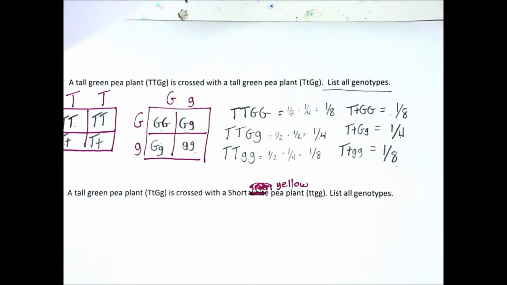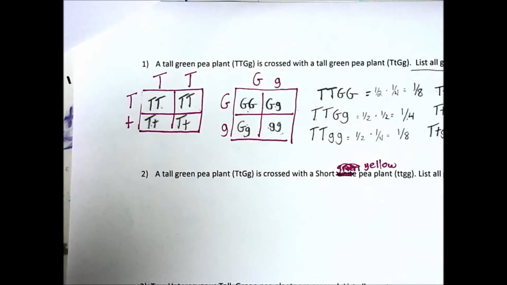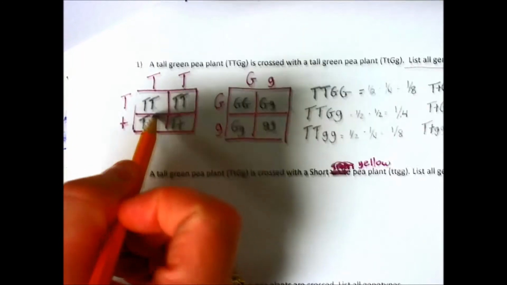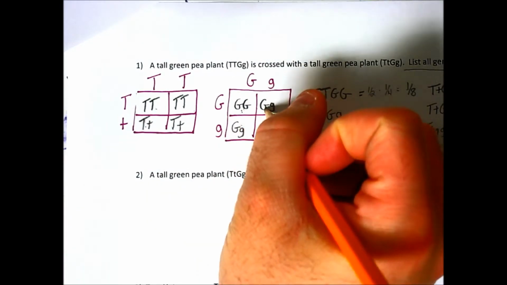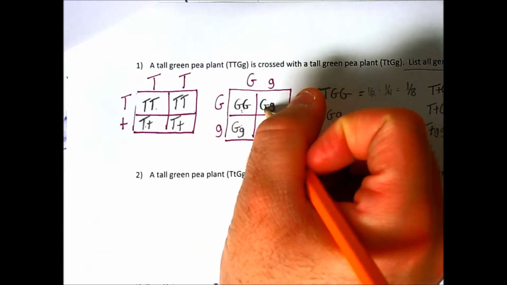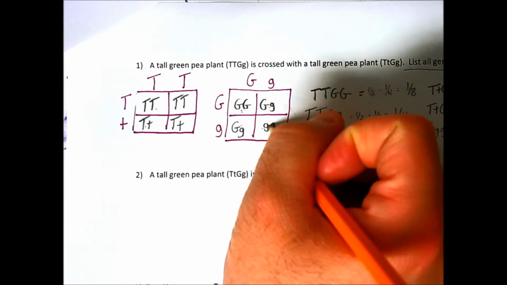Now, what if they had asked you about not genotypes, but phenotypes? First off, look at the T's with me real quickly. Tell me, what are all the progeny going to be? Without a doubt, they will be tall. And then it's going to be 3/4 of them are going to be green, and then 1/4 of them is going to be